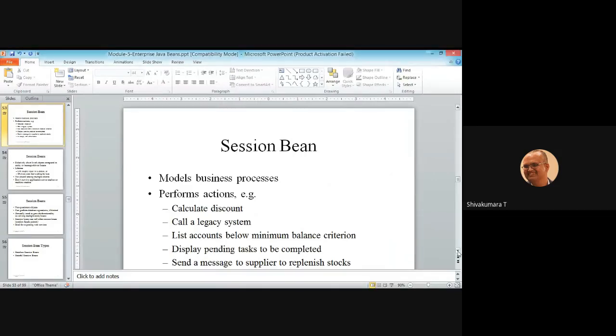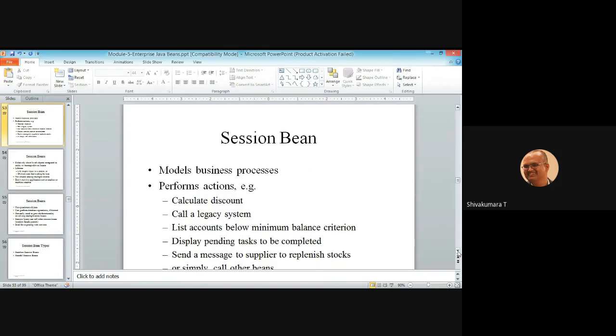Among the different types of server-side components, we have discussed session bean and message-driven bean. Entity bean is apart from those, and the messaging service. So now we are looking in detail at the session bean.